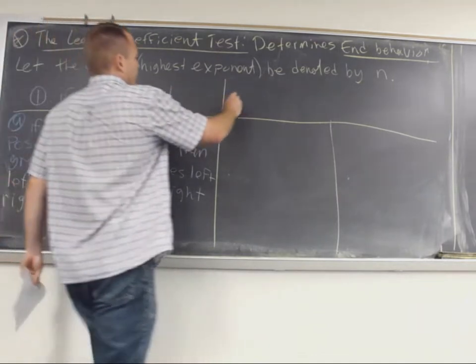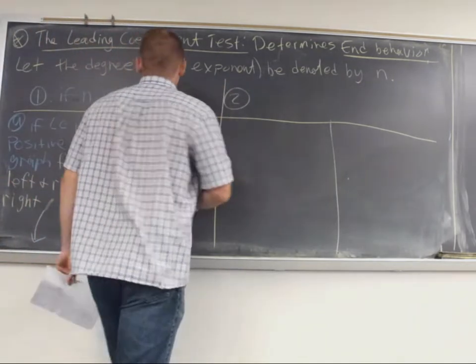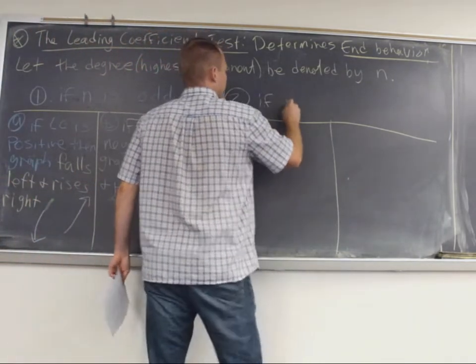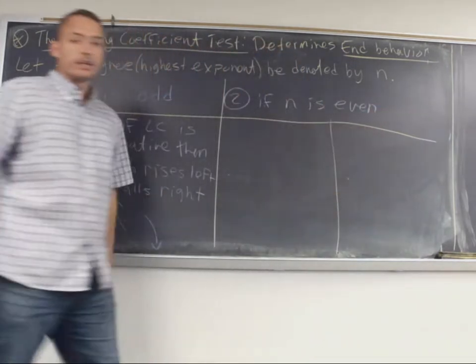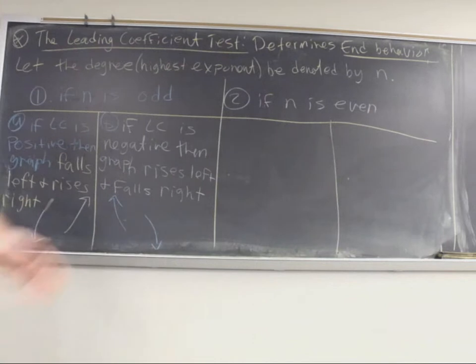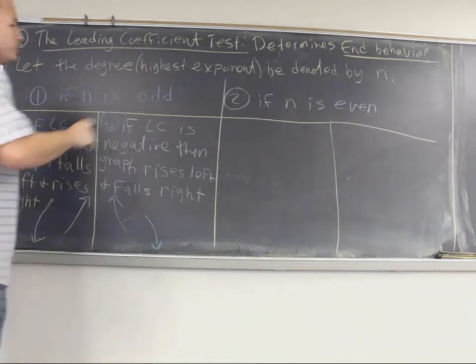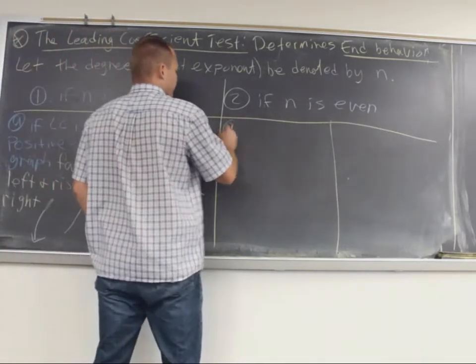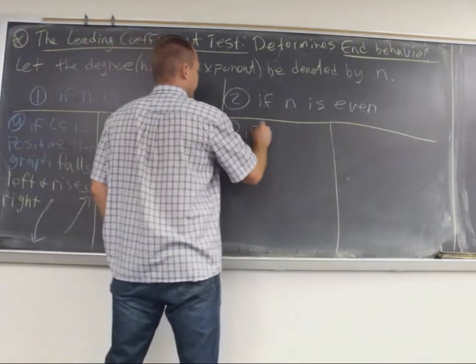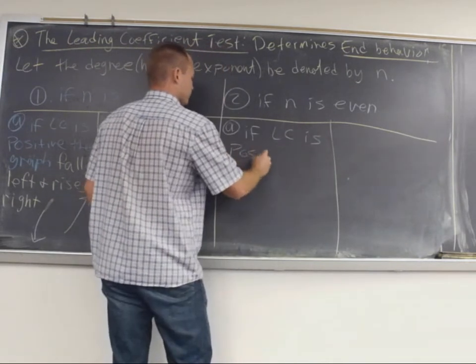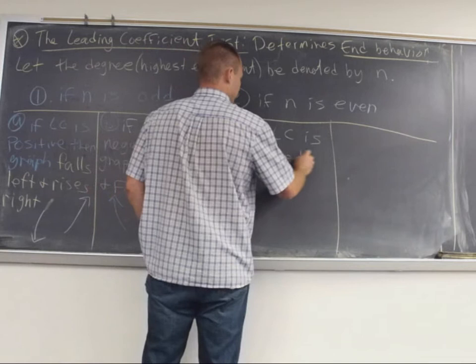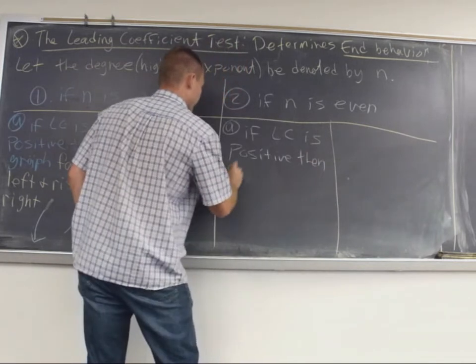Now we have to move over here to option 2, which is if n is even. And then we're going to have 2 options there. It's going to be the same options as over here. The LC is positive and the LC is negative. So part 2, if n is even, then we have part A. If LC is positive, then graph,